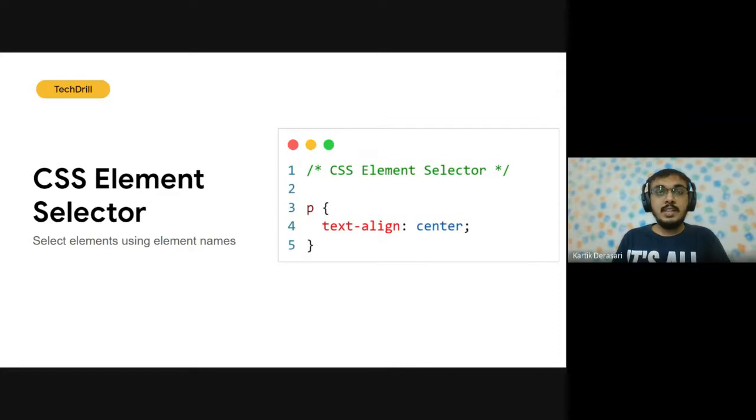The CSS element selector is generally used when we want to select all the HTML elements of a similar type. When I say all the HTML elements of a similar type, it means that there are 5 paragraphs in one HTML document, and we want to style all 5 of them. If I have 10 H2 headings on my HTML page and I want to style all of them, then we will use the H2 CSS element selector. Are you getting it?